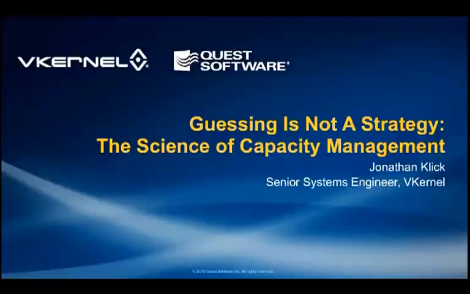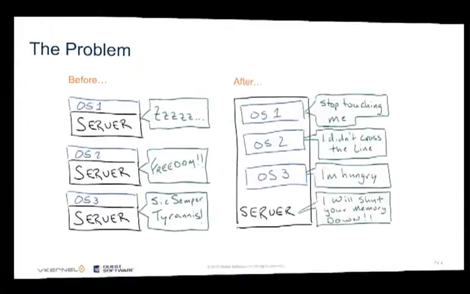Now, over the past several years working for vKernel, I've seen all sorts of different environments of shapes and sizes, and I've seen how people manage capacity. And frankly, sometimes it just outright scares me. And yes, some of you in the audience are smiling because you're thinking, hey, that's me. But I'm really hoping that by the end of this presentation, you'll come out of this going, hey, I have a much better grasp of the things I need to be thinking about and considering when I manage capacity. So to get started,